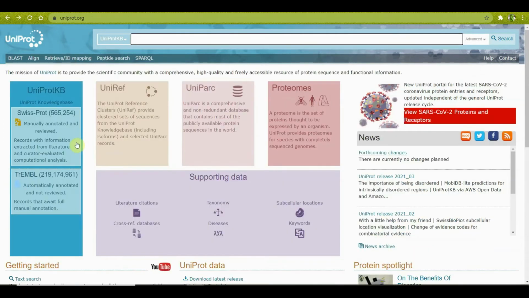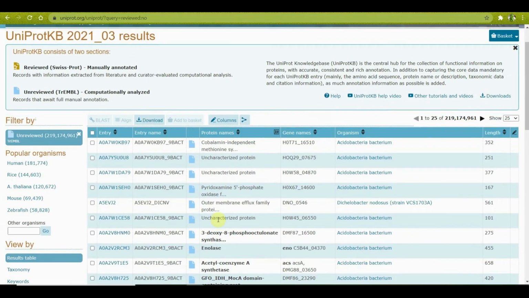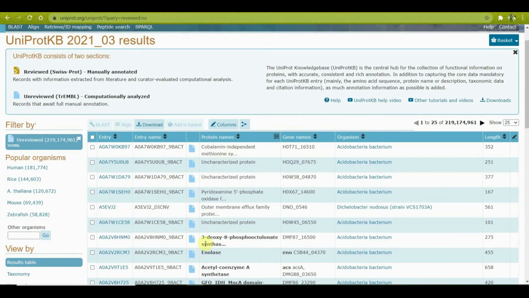Now let's go back and go to TrEMBL. These are automatically annotated entries and they have not been reviewed. So nobody knows whether the protein TrEMBL has is actually present in nature or not. If I click it, I will reach this page, and you will see that all the entries are blue here, which means that these entries have not been reviewed, and so to speak, nobody knows if it is correct or not. So you can pick any entry and start working on it. Set up the bioinformatics protocol on how you can